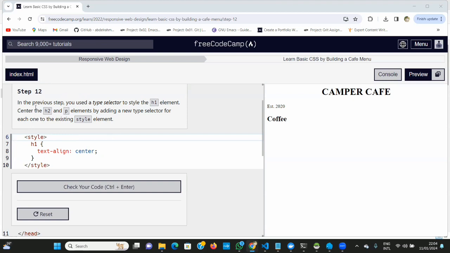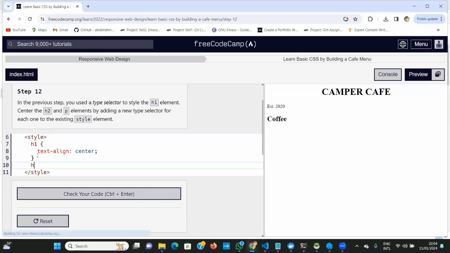So we use the type selector to style h1 elements. Okay, this is what we did. Now we are told to center the h2 and p element by adding new type selectors for each one to the existing style elements. So I'm going to say h2